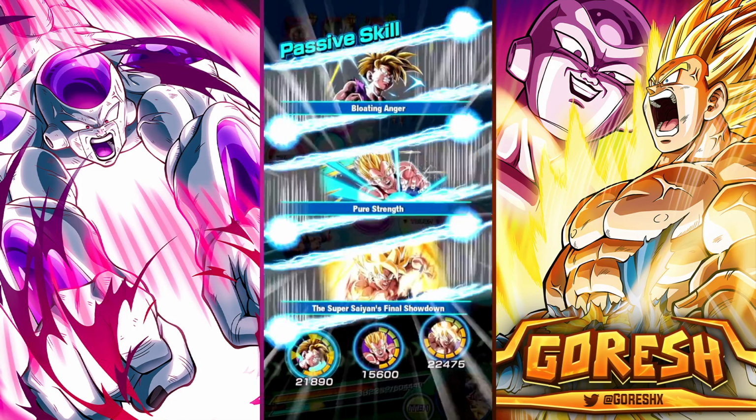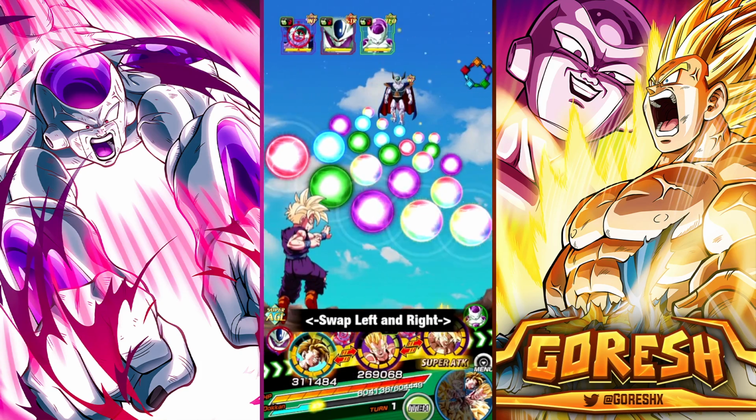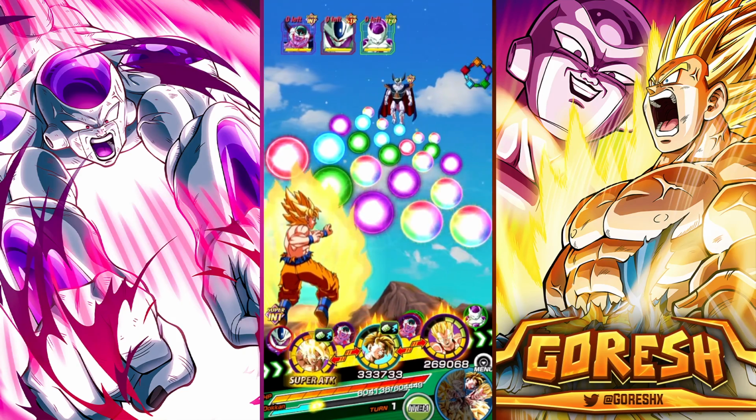Alright, so now we have our rotations established here. We have Gohan alongside Namek Goku. Get the support memory buff once again. We're going to go ahead and do this. Remember, Gohan also gets the buff from the support memory, so with Namek Goku, let's go ahead and...